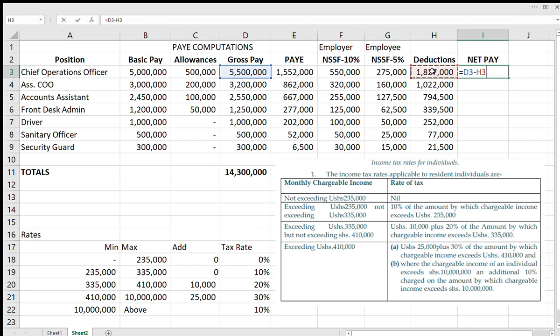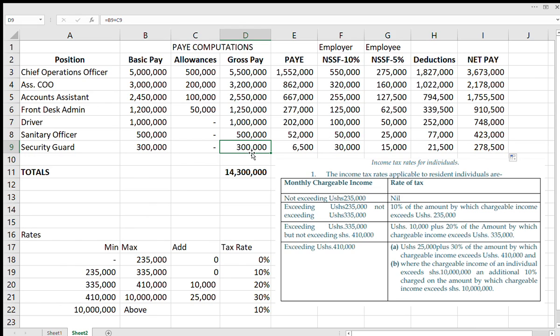I'm clicking there, enter. You can double click or just spread down. Let me just double click. It goes to spread for everybody. So you can see that the security guard who was having gross pay of 300,000 shillings, in pockets is going to take home 278,500 shillings. Why? Because the 15,000 is going to NSSF due to the 5% contribution by that employee, the security guard,